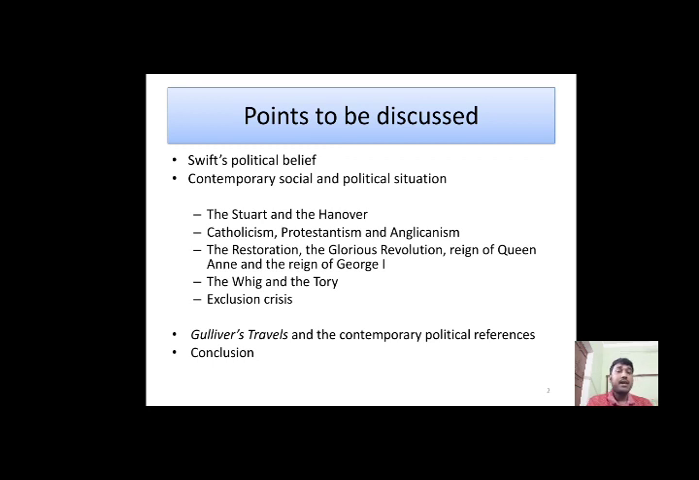What are the points that I hope to discuss? Swift's political belief, because I feel that if you do not know the author and his political belief, his stance on the contemporary socio-political situation, it's very hard for us to understand this particular novel. Next, I will focus on the contemporary social and political situation, and under this topic I will focus on the following things: